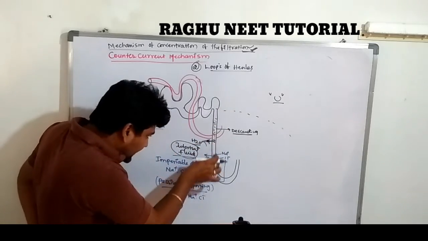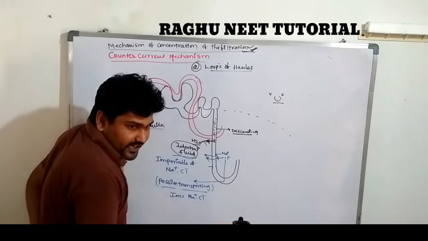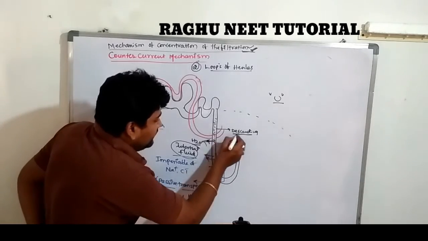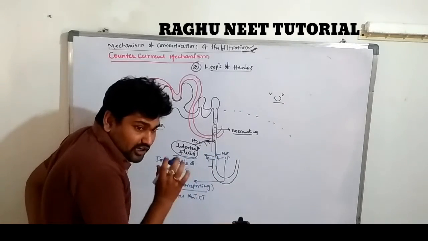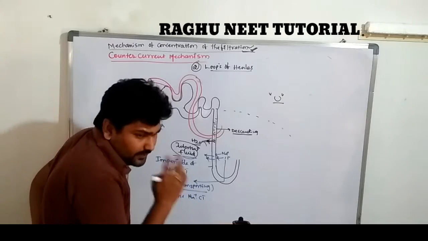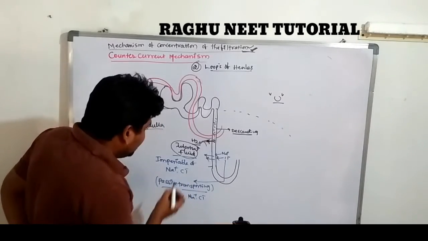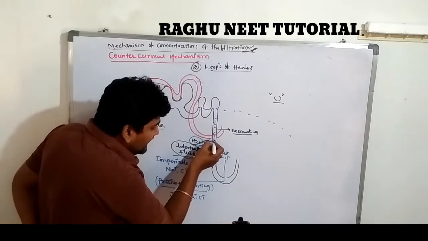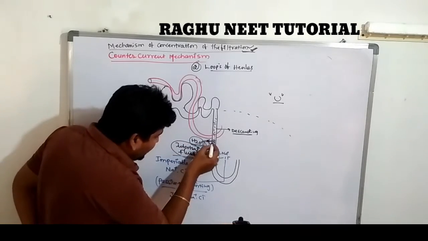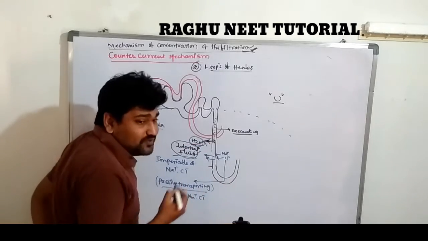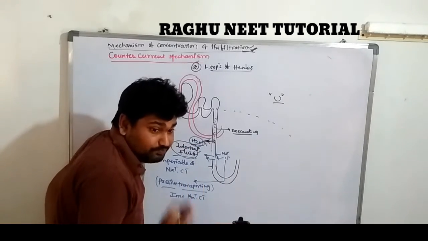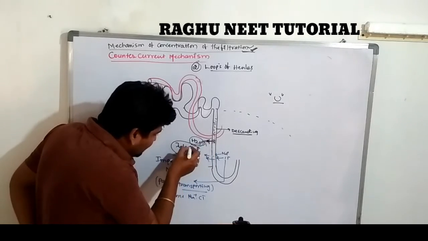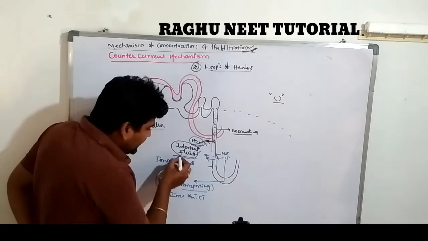So the renal tubules descend towards the medullary region and form a loop-like structure, known as the loop of Henle. The descending part of the renal tubule shows two types of nature. It is permeable to water from the renal tubule to the interstitial fluid. That is known as selective reabsorption: water comes out from the renal tubule into the interstitial fluid.